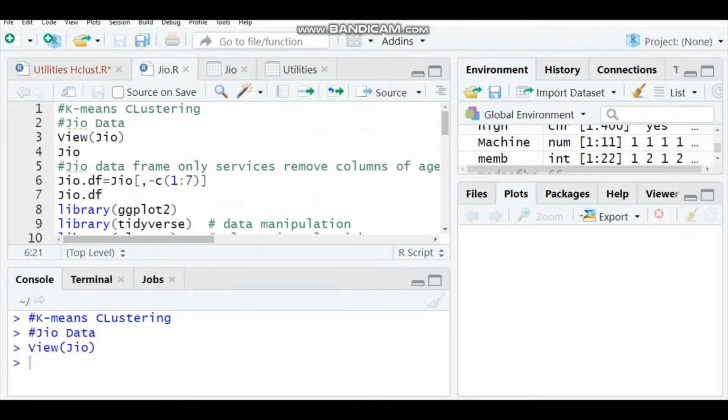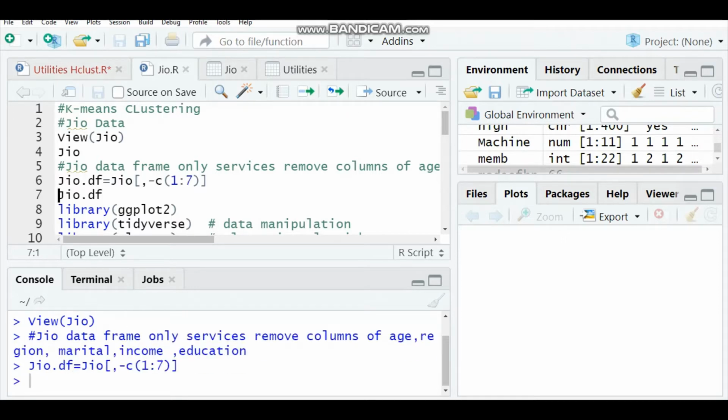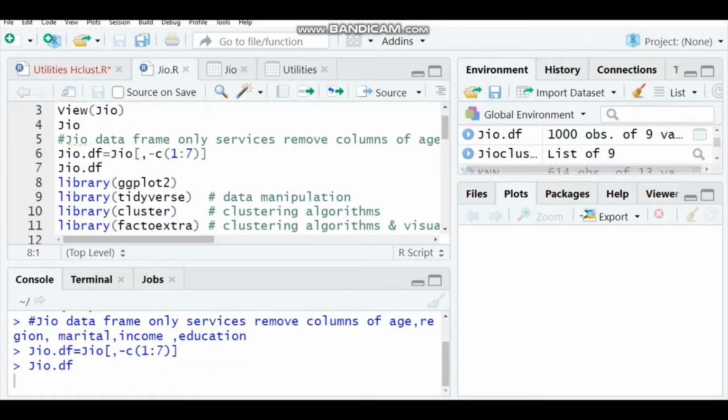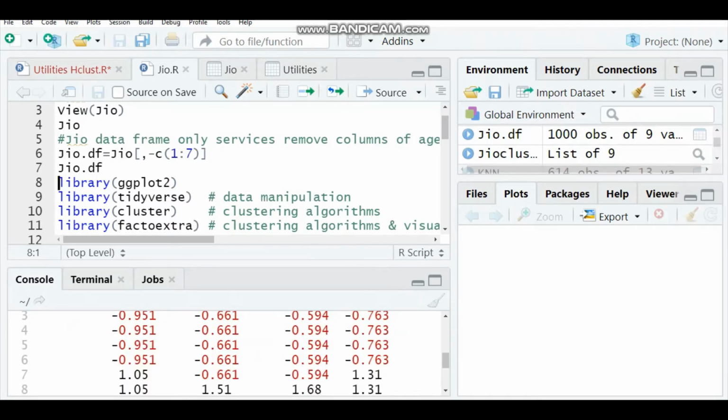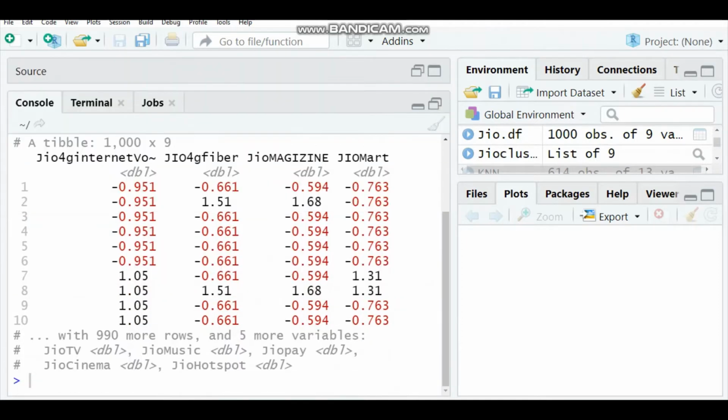So I'm giving a name as geo data frame. With that data set of Geo, I'm just removing the first 7 columns, which I'm going to map later, not now. I'm going to keep the GeoDF data frame only with services data, not with the customers' age, marital status, or others. So I'm just removing that, and by doing this command you can cross check. Now if you check the GeoDF data set, it consists of only the values